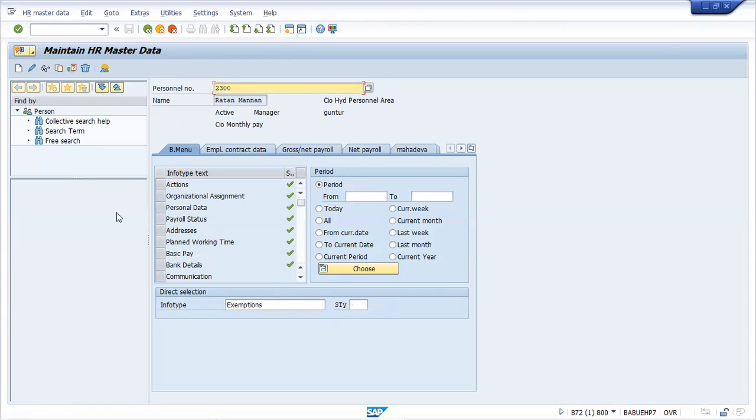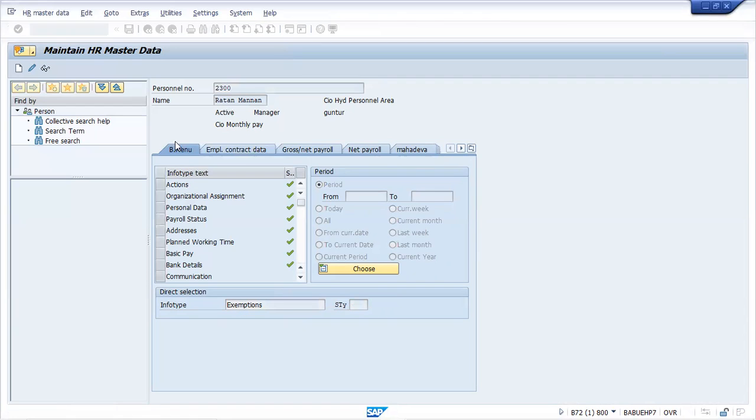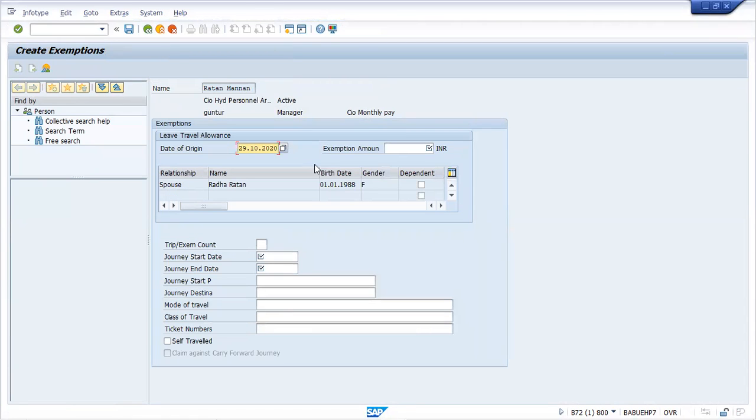582. Yes. Change. You have already created, right? LTA. Now you can see that, right? I didn't save the previous one. Exactly. So now you can see this relationship is coming automatically. You do not have to maintain it directly here. It will flow depending upon your info type 21. So info type 21 and info type 582 are interlinked. I think Lakshmi was trying to say that before.